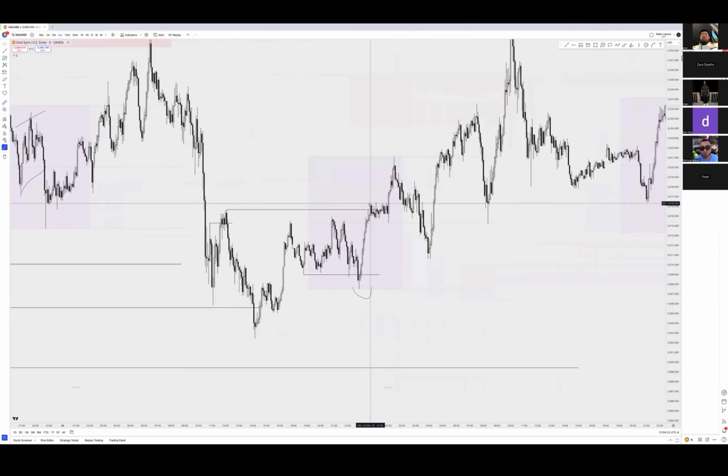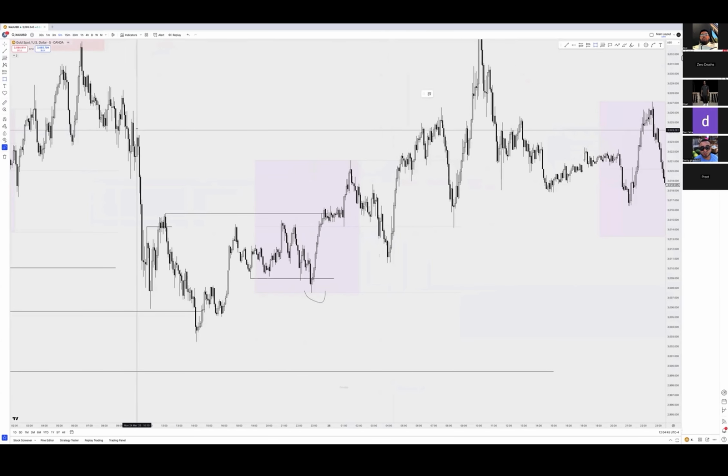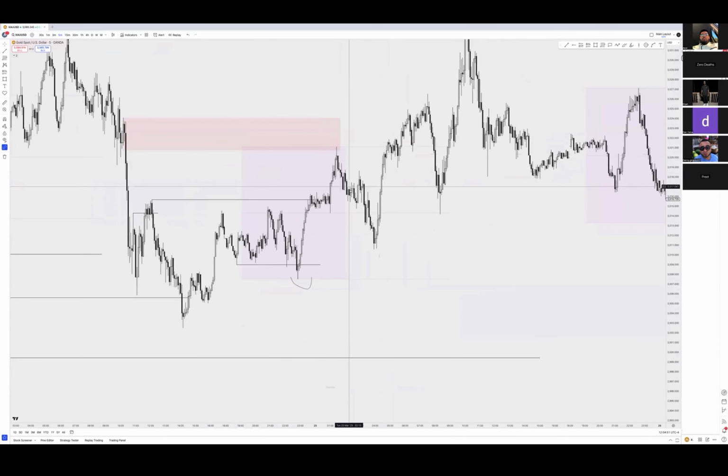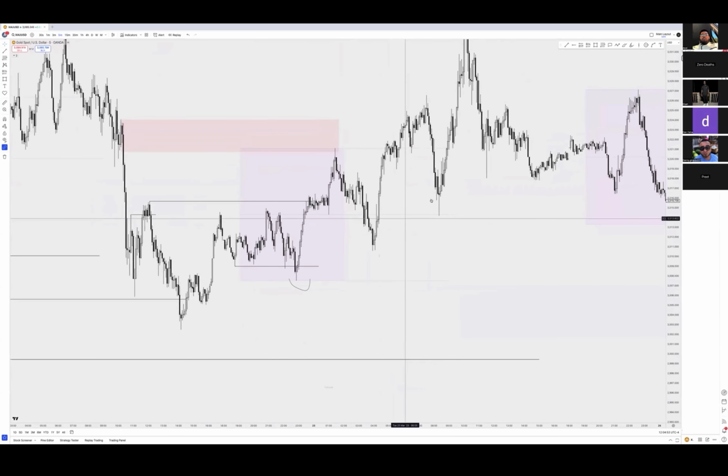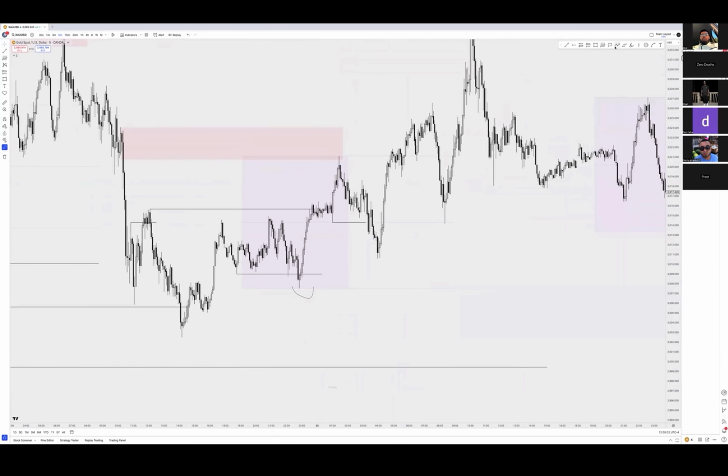What ends up happening is the market leaves these highs, takes out the low, right? Takes out some sort of liquidity, moves higher, and then starts moving to the downside, right? So it comes into this whole area, this whole trap area, whatever, and starts moving to the downside. And what you see is it respects this low right here, right? Respects that low, and then takes out the high right here, inducing buyers. And you can even see when it comes here, this little, what do you call it? Wick right here,